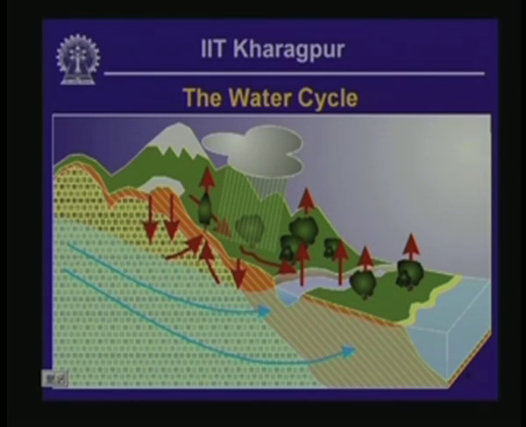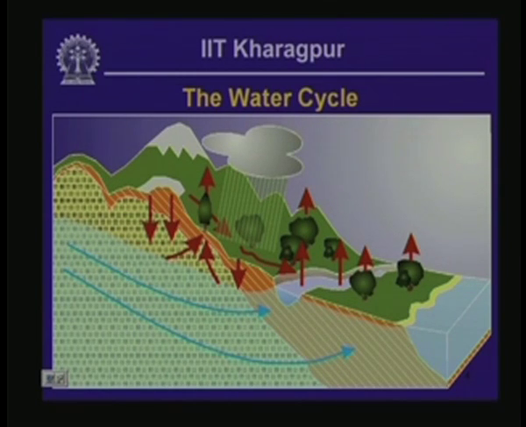It could be in the form of rainfall or snowfall, and then once the precipitation hits the surface, depending on the permeability of the surface soils and rock, a portion of the water that precipitates is going to percolate through the formation, and it is going to get into the underground layers, a portion of which might be available for use,